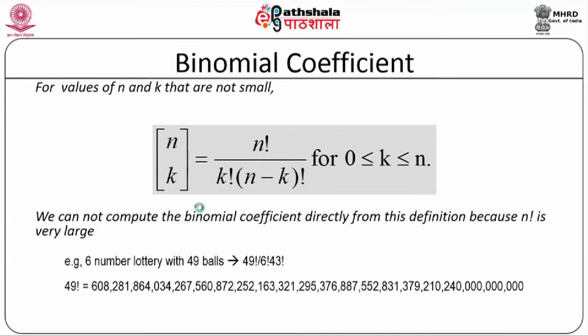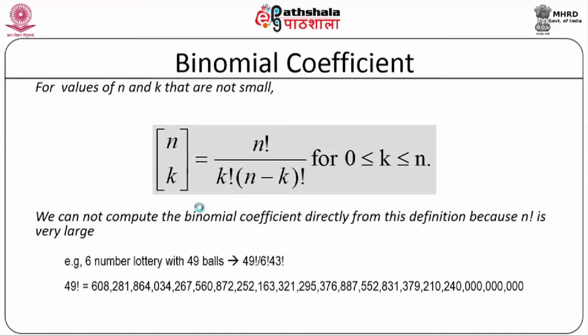The second problem is called the binomial coefficient. This is also one interesting problem which we encounter in many practical situations. We all know the formula for finding the binomial coefficient: nCk is nothing but n factorial divided by k factorial multiplied by n minus k factorial. Again, we can write an algorithm using the divide and conquer approach, where we can write factorial and call it 3 times by passing the parameters n, k and n minus k.